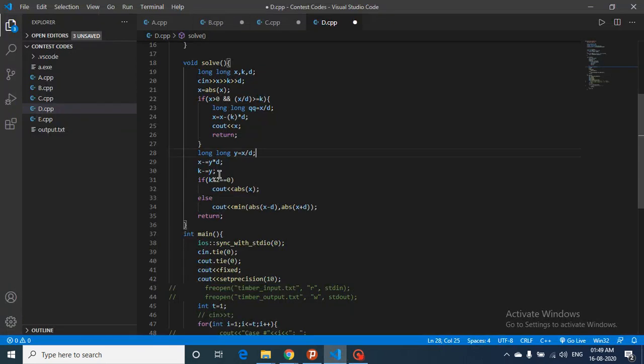So that's what we have done. If it is 0, then the answer is just the absolute value of x. But if it is not 0, then you can add x plus d. I have done x minus d or x plus d. This actually means that we are at x now after doing all the hops. Now I have this amount of hops remaining. Because it is odd, at x the minimum can be: I can do x minus d or I can do x plus d. Both are possible.